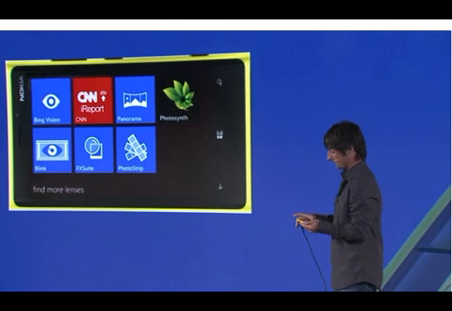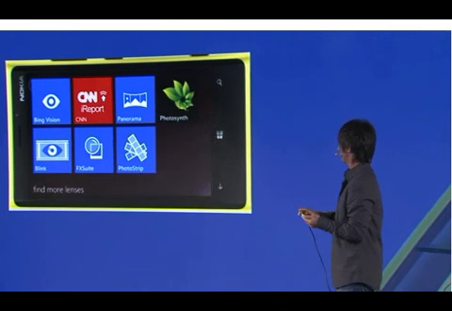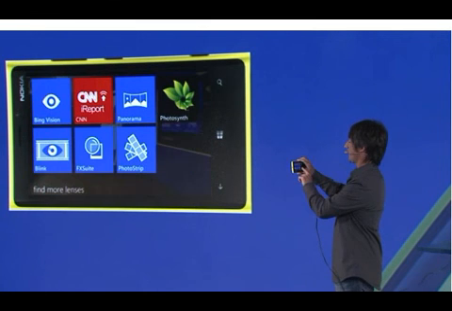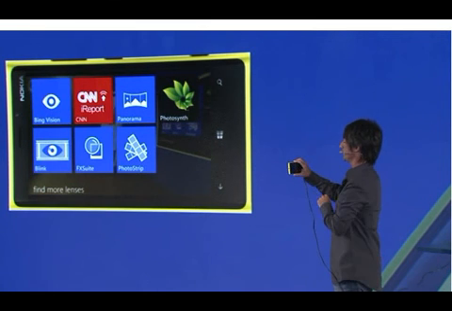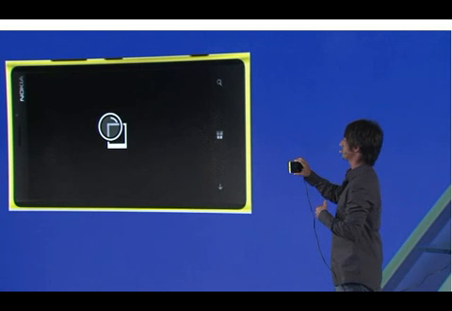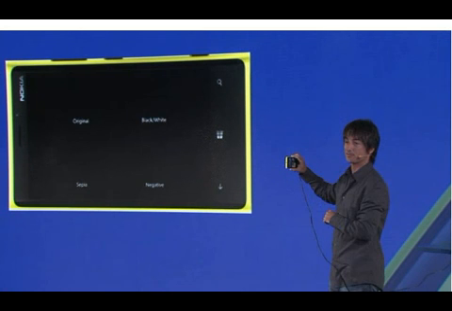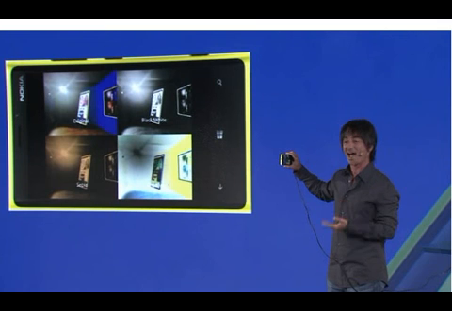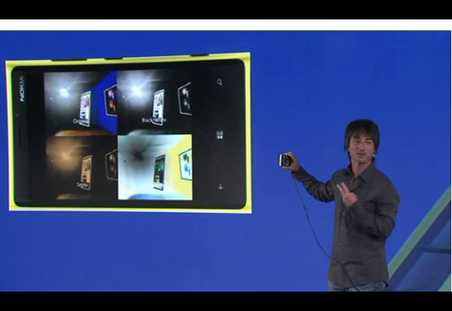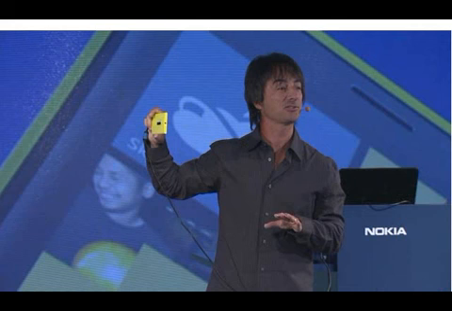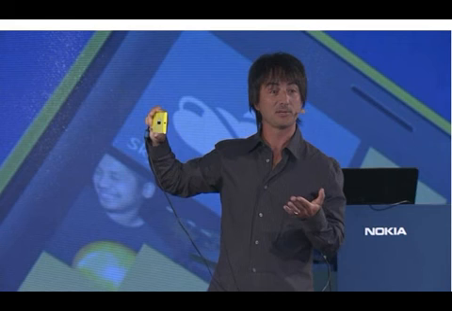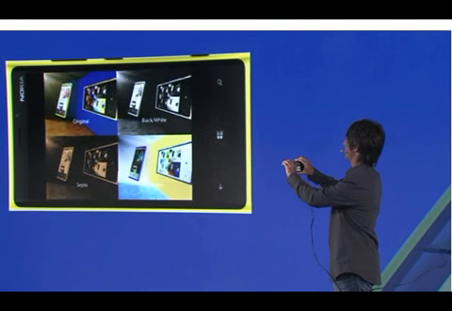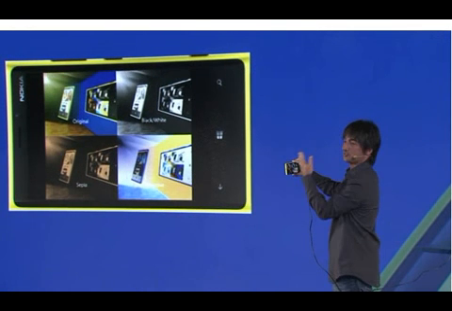Now, let me give you an example of how this actually works. I'm going to choose the lens on the bottom there called FX Suite. And when I choose the lens, what you'll see is the application runs and takes over the viewfinder of the camera. Now, what's interesting about this FX Suite lens is this was actually written by 2 summer interns at Microsoft in about a 2-week period. So they could get up to speed really quickly with the platform and build something that's kind of cool. So you can see here, it's taken the viewfinder and it's showing me 4 different